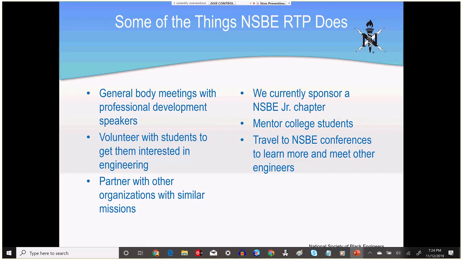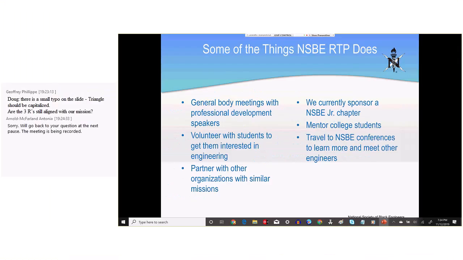In the past few years, we've had speakers talk about quality management and home loans, and we're going to have somebody in January talk about the aviation industry, so that should be interesting. I always find these general body meetings very interesting and informative.